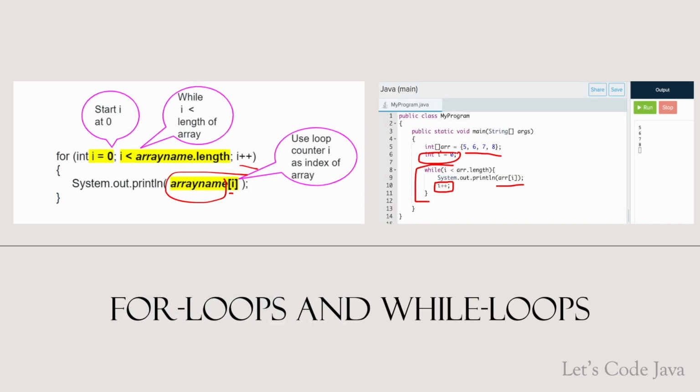Okay, so again, we use for loops and while loops to traverse arrays. In the first picture, we can see how we start at 0, and we do i is less than length of array, because we only loop till array.length minus 1. And then here we are using a loop counter, i, right? Because it's going to increment each time, and for every index within the range 0 to array name.length minus 1, it's going to print out each of the elements in the